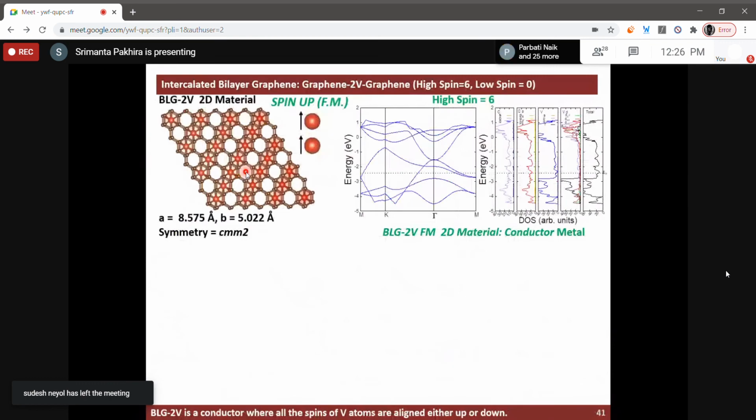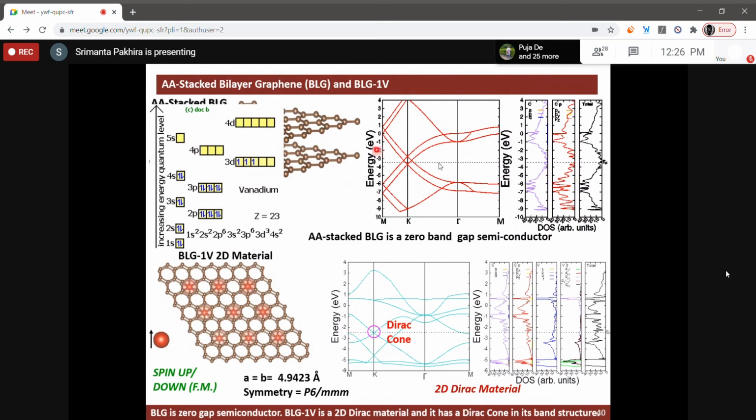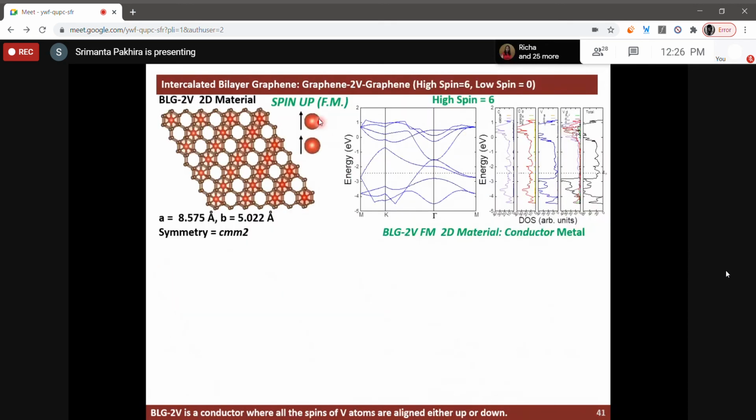Now let's say we have two vanadium atoms. That's why I put two atoms per unit cell in a similar way. In that case, the structure is going to totally break. We are considering all the spins up, up, up, up, which is called ferromagnetic alignment. The source of magnetism we will work on later, but when we added the second vanadium, the symmetry is going to break, so the properties are going to change.